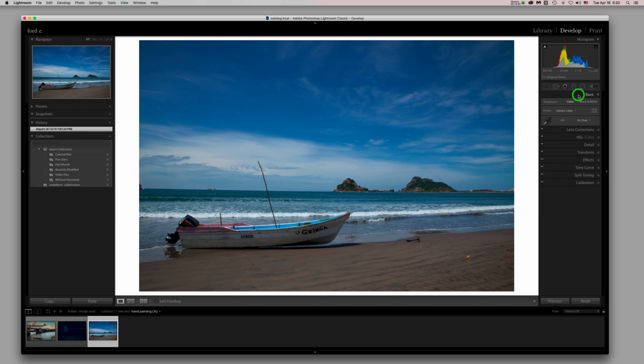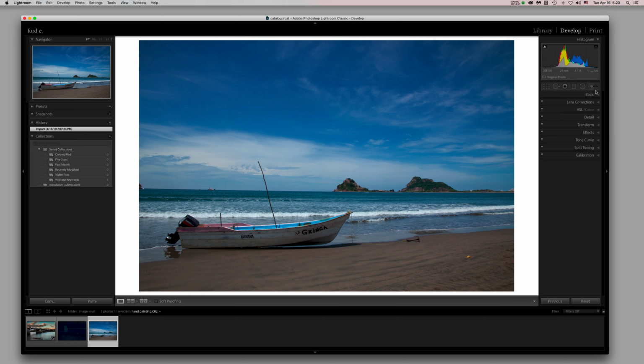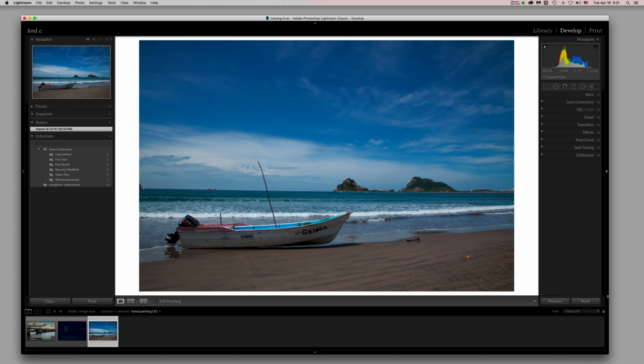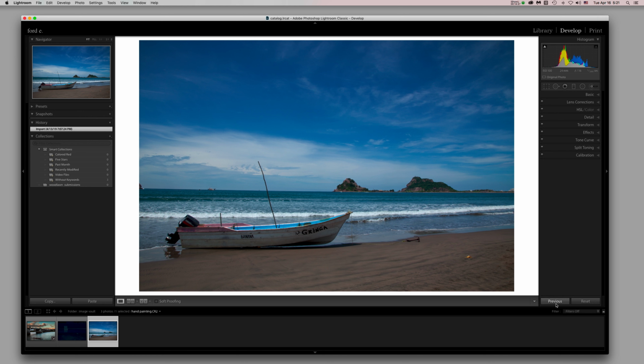Right above the basic tab, whether it's opened or closed, we have our tools that we're going to be working on, and we'll go over those in class, but I wanted to show you where our tools are inside our develop module. All right, and down here we have some settings. If I had done some work on it, I could reset it. And if there's previous, meaning if there's a way